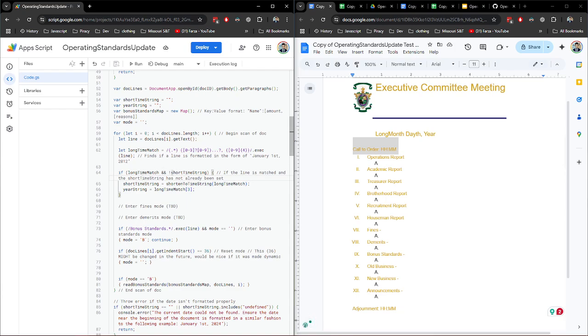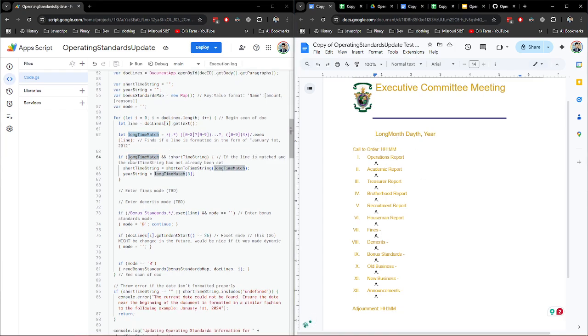So if that's true and the short time string hasn't been set up yet, because if it's empty, it's falsy, so it has to have an available short time string, and it has to have the line match the long time format. If that's true, it'll set the short time string to be the output of this